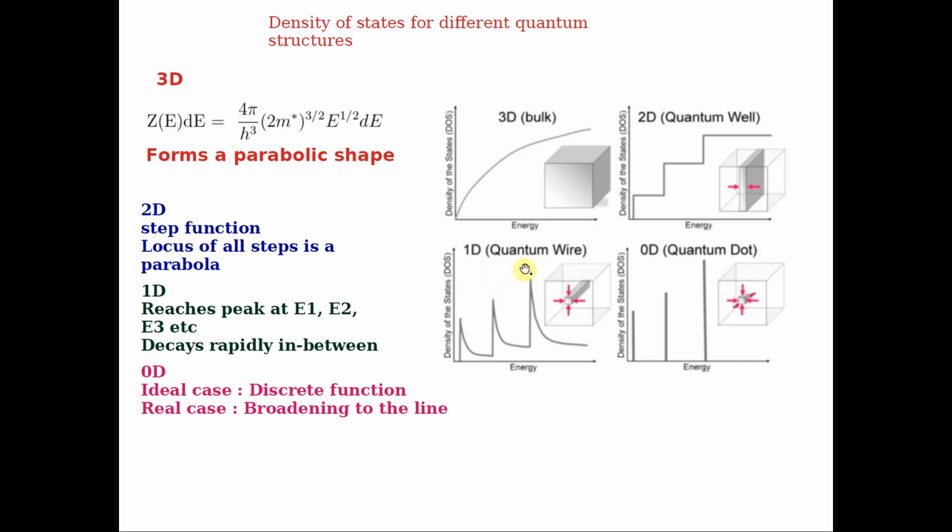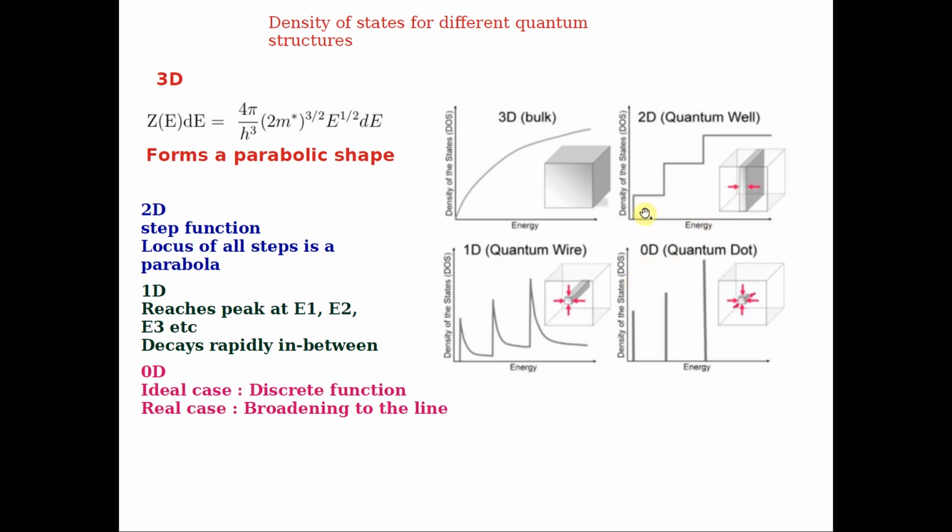If I reduce it further and get a one-dimensional quantum wire, it will be something like this. At each energy level, the density of states reaches a maximum, drops down, again increases, and drops down again. As energy increases, the density of states basically increases, but it also drops down in between. What if I reduce in all three dimensions? The density of states becomes fully discrete. It's a discrete function. You just see lines.